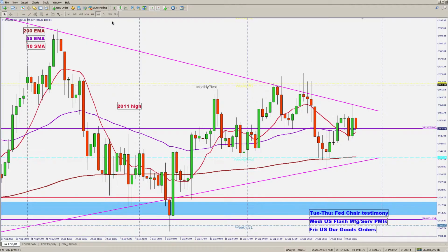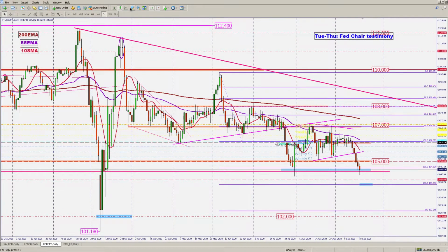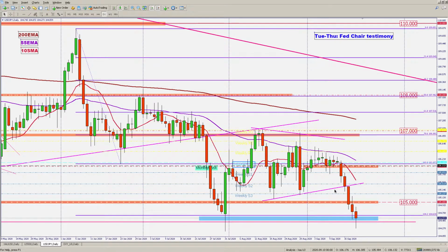All right, let's take a look at dollar yen. The dollar yen has finally given way and fell below the lower trend line, and this was not surprising after major rejections, especially recently from the daily 55 EMA, and then consecutive bearish moves for every day last week